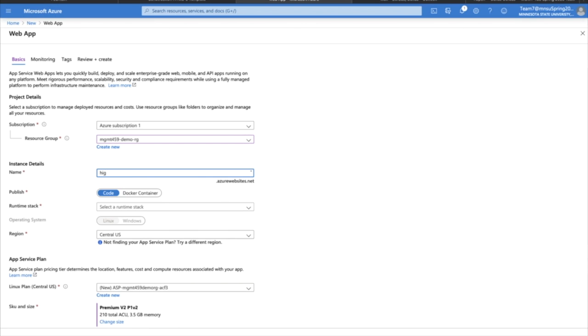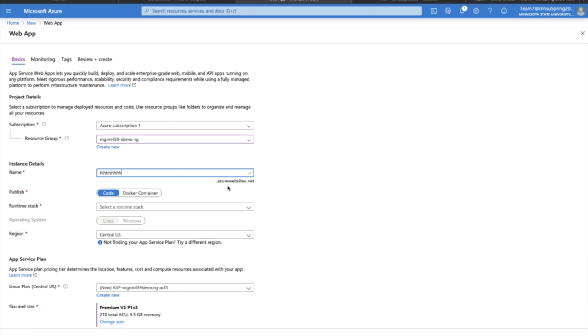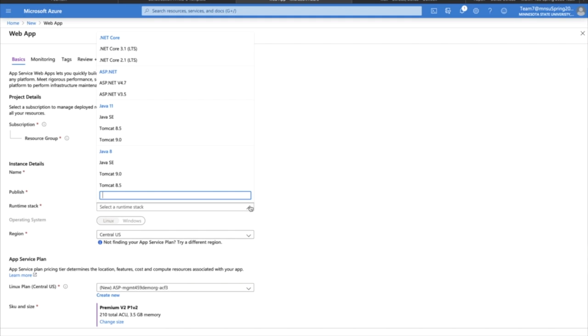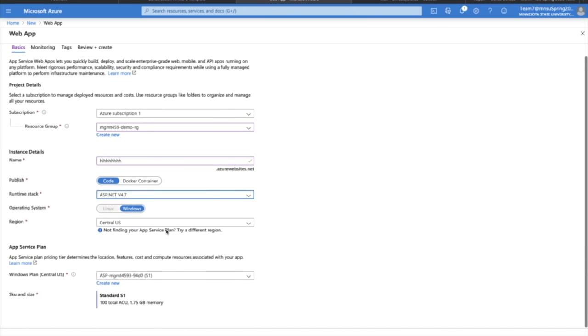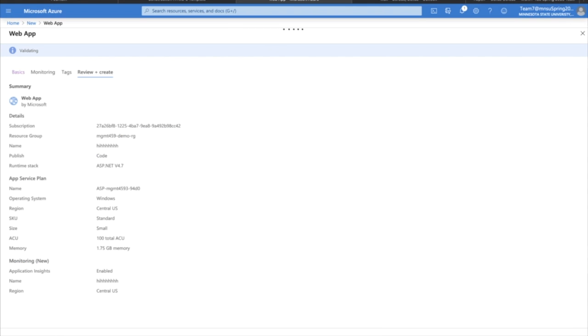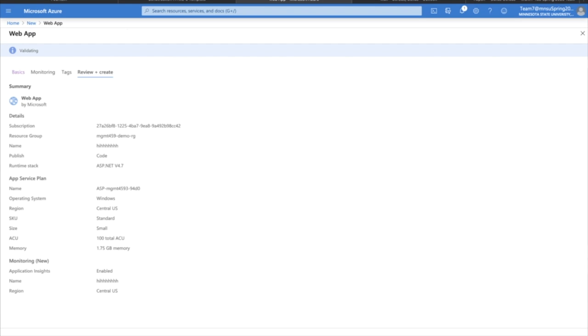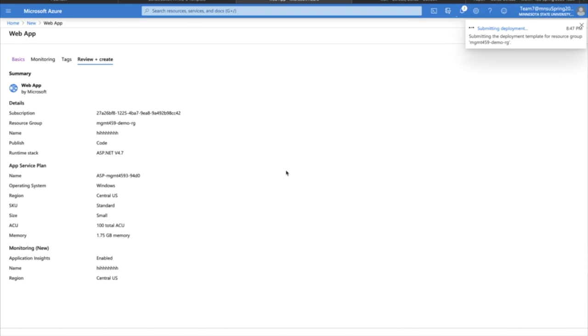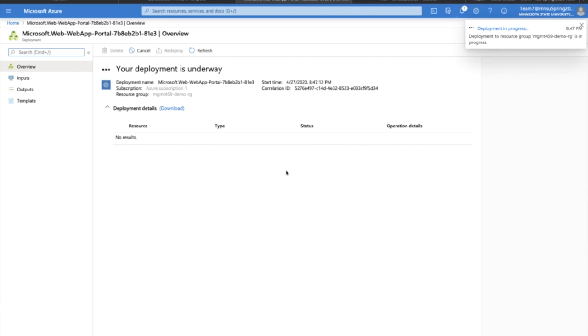So just put HHHH. And then for your runtime stack, you're going to use ASP.NET, and then Central US, and then you're going to hit review and create, and then you hit create, and this takes a minute to run. So now you have